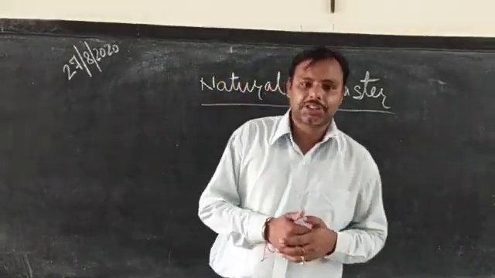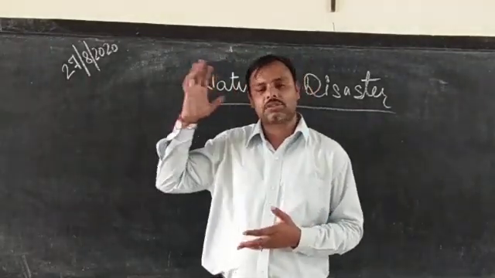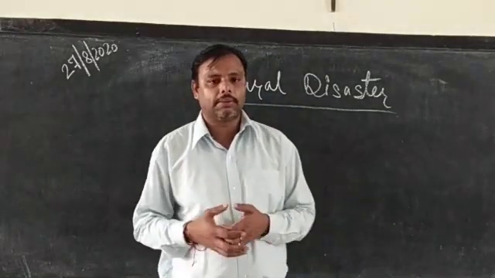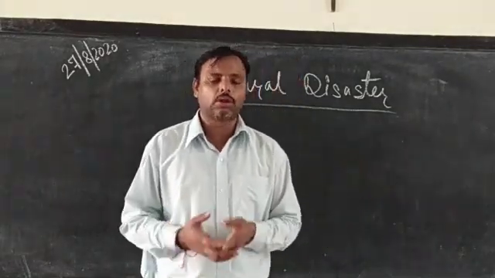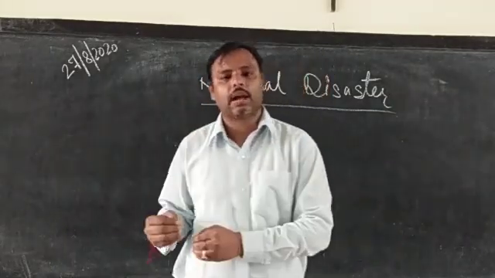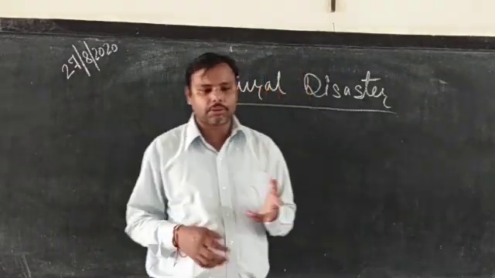The third one is extinct volcanoes. Extinct volcanoes are those which once existed in our country and in our world, but they are no longer available. They are no longer a threat to human beings. Their existence has ended. So this was about the types of volcanoes.